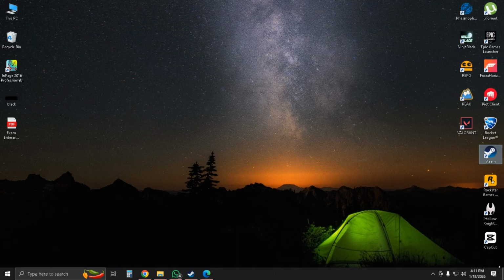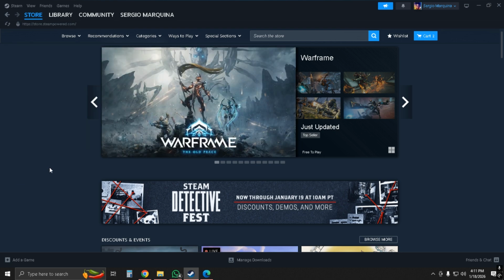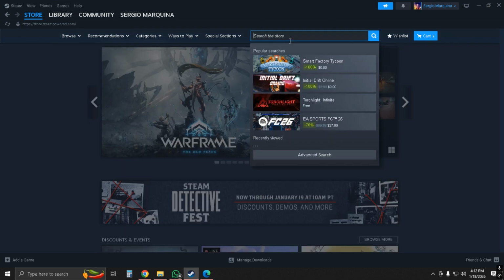Once the installation completes, you will find the Steam application on your desktop here. Just run this application and this will open Steam. Make sure you have an account. If you don't have an account, you can always create a new one. Create your account or log into your existing account, and once you do this, just search for Geometry Dash,